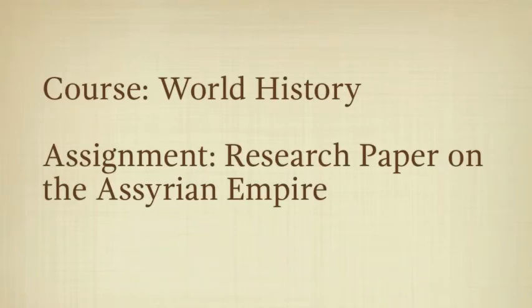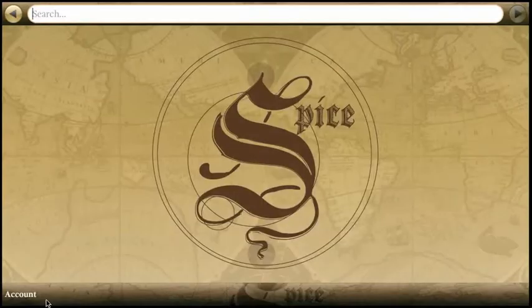Most universities require some sort of history credit. You've signed up for World History this semester. Your professor assigned a research paper due at the end of the term that is worth 20% of your overall grade. Your topic is the Assyrian Empire. You have visited the library, pulled as many primary sources as possible, and outlined your paper. Now you need to start writing.